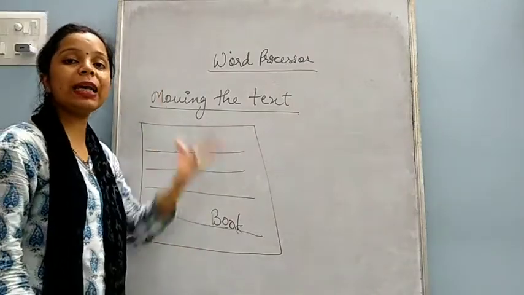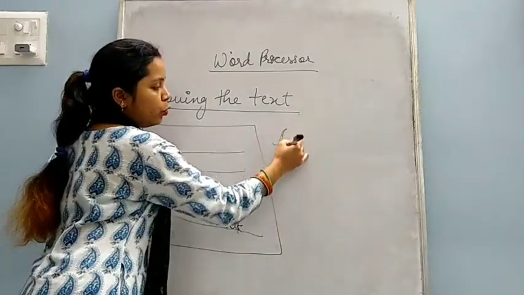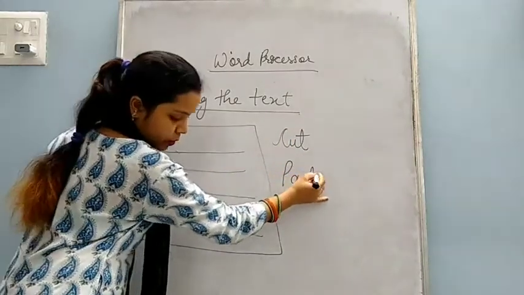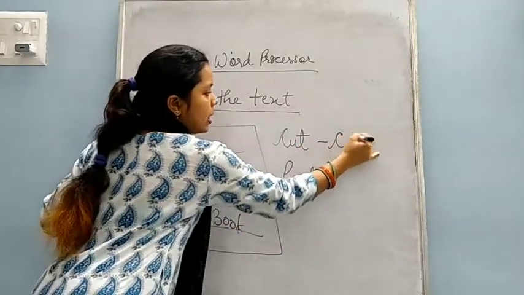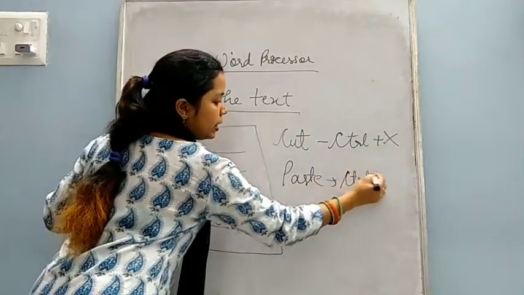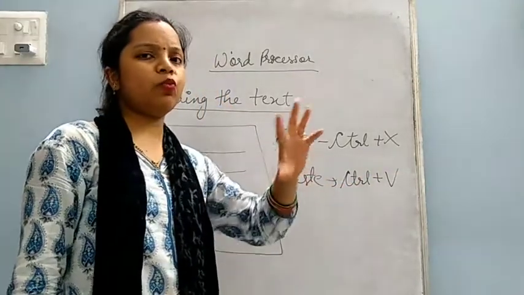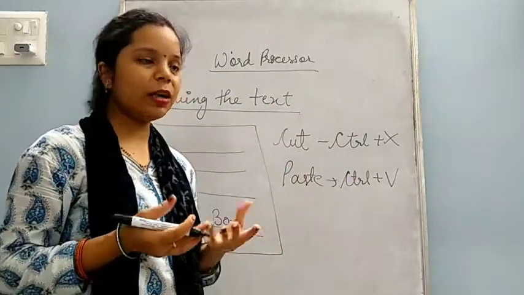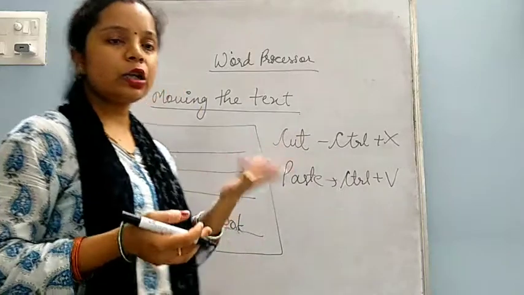Now how we do moving in MS Word? There are two options for moving text in MS Word. You have to use two options, cut and paste option. And shortcut keys for this are also there, like CTRL plus X is the shortcut key for cut. CTRL plus V is the shortcut key for paste. These are shortcut keys used in computer. If you might have worked on the computer, you might have used shortcut keys. Means instead of using mouse, we use some shortcut from the keyboard. We press the keys of the keyboard that are known as shortcut key.